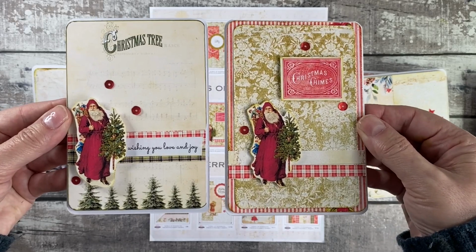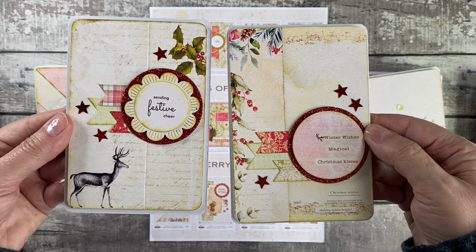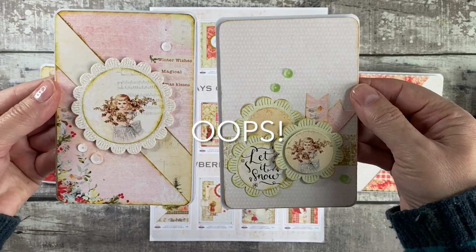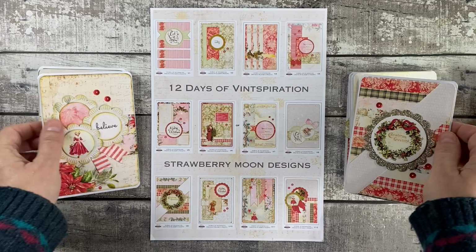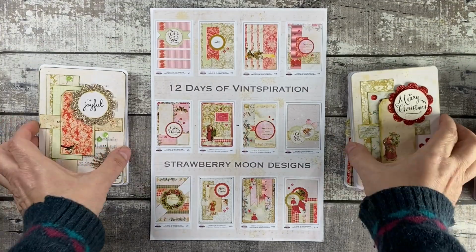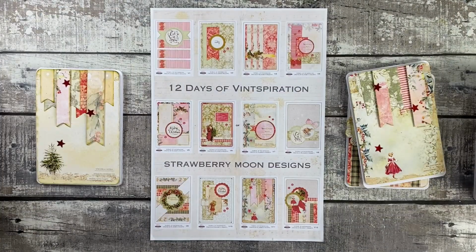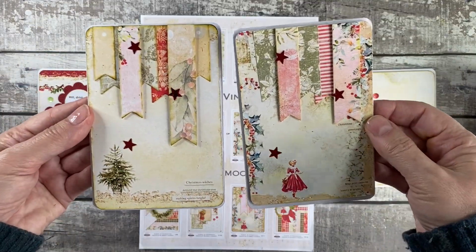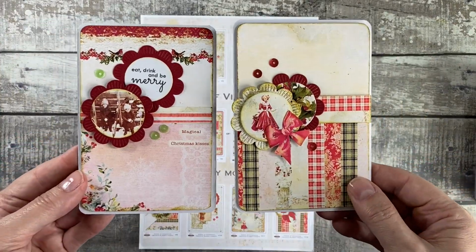I think that it's amazing how differently each card design can look dependent on the colour palette that you use, the background papers, and indeed the embellishments. I have also added white stickles to the details, as you can see here on Santa's beard and on the fir trees. It's a great way to use the digital downloads and to make use of all of the various